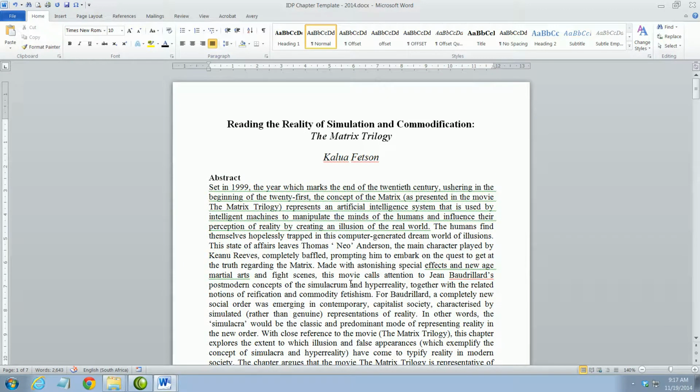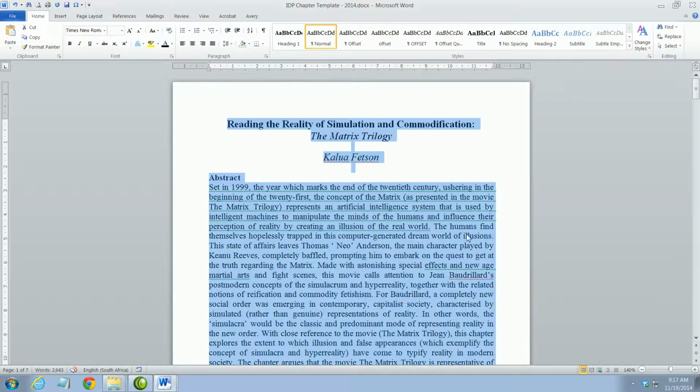The last thing that we're going to take a look at is the language in which your chapter is being read. As you can see, this chapter is appearing in English, but South African style. And sometimes there's little differences in the way a word is spelled from one system of English to the next. So the way that you can make sure that your computer is reading for UK English, which is what is required for ID Press, is to select all of the text